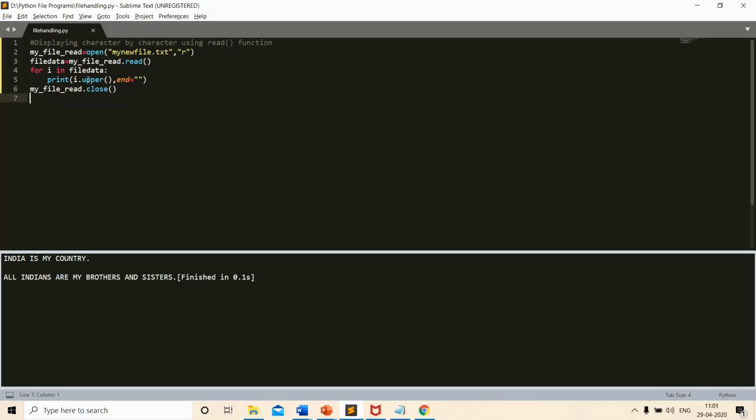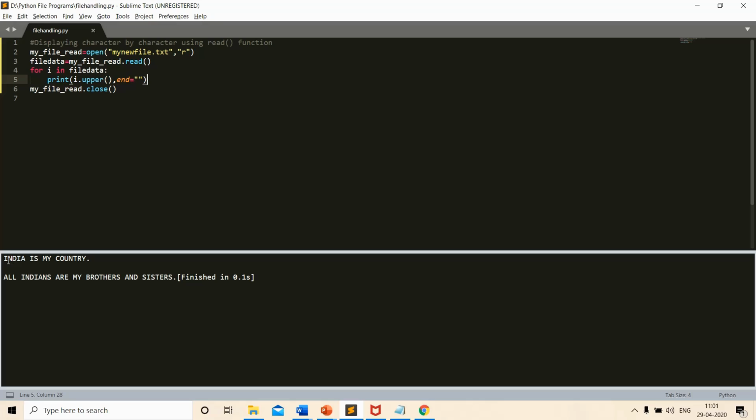What am I doing here? I am just converting each and every character to uppercase and then printing it. You already know what the end parameter does. It replaces the new line, and whatever character I supply over here will be in place of the new line. So after running this piece of code, I have got the output as this one.